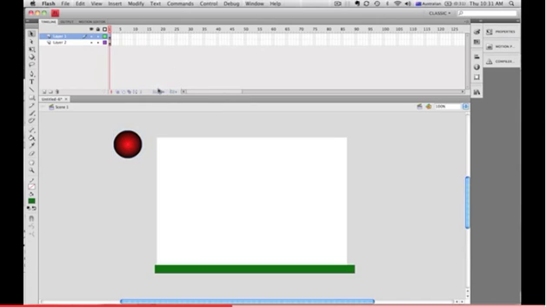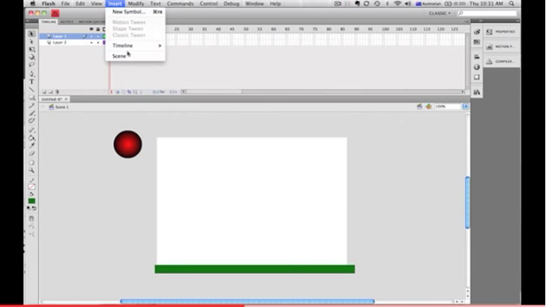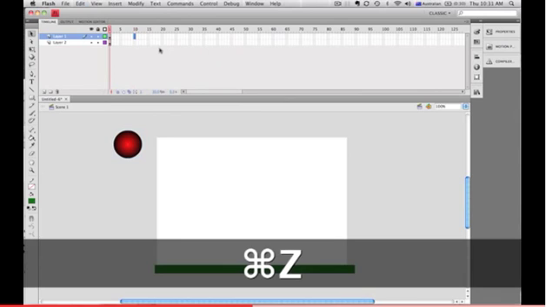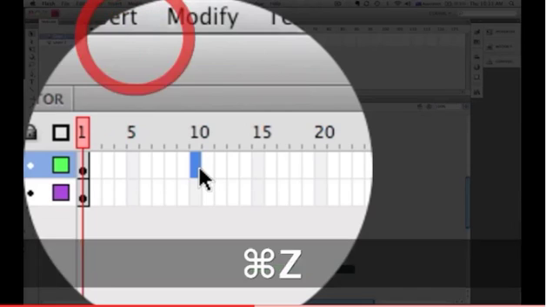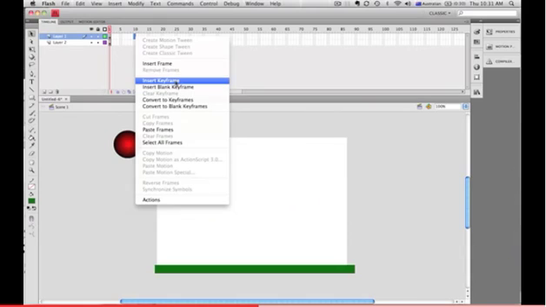So if I set it to 30 frames, then that will take 1 second, okay? So I'm going to go out to frame 10, and I'm going to insert a point in time. So a point of time is a keyframe. So I want to insert a keyframe. The other way to insert a keyframe is to right click and then choose insert keyframe,